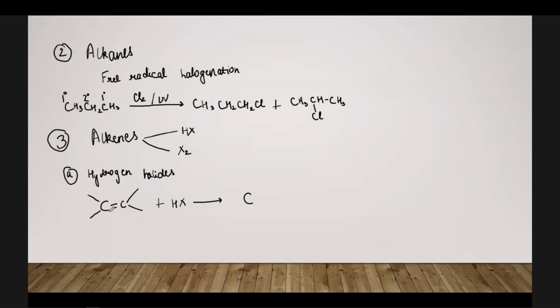Now both these ions, H and X, will go to the carbon atoms which are part of the double bond, and they will try to remove the unsaturation. मतलब डबल बॉन्ड को हटाने की कोशिश करेंगे ताकि सैचुरेट हो जाए, सैचुरेटेड कंपाउंड बन जाए. ठीक है, so this H and this X will separately attach to both of these carbons, and so we will get something like this. जैसे ये डबल बॉन्ड जो है ये सिंगल बॉन्ड बन जाएगा because unsaturation has been removed. एंड एक कार्बन पे H लग जाएगा and on the second carbon X will get attached. So we will get something like this.